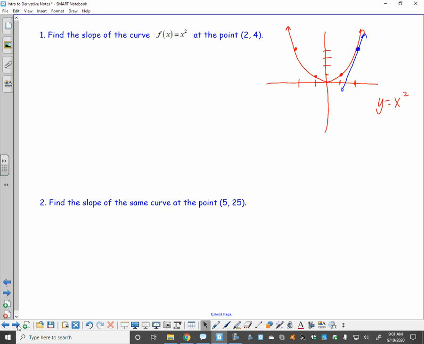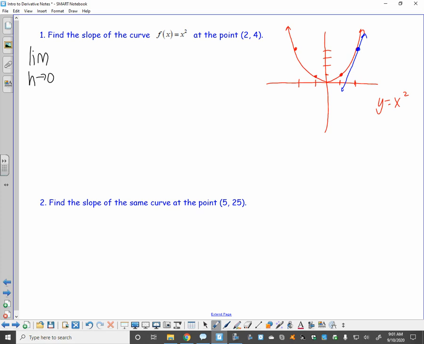So guys, I already know that my slope should be positive because that blue line is going up, and it should be pretty big because that's a pretty steep line. Okay. So to do this, I'm going to use my limit definition, and I'm going to use h's instead of the delta x. So I have the limit as h approaches 0